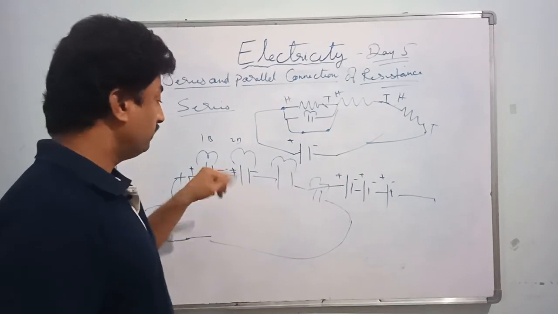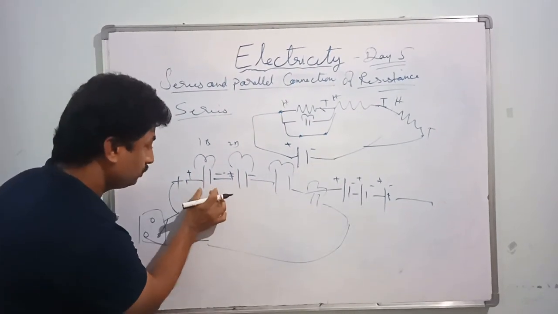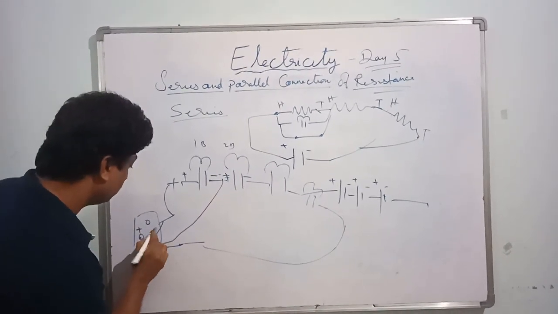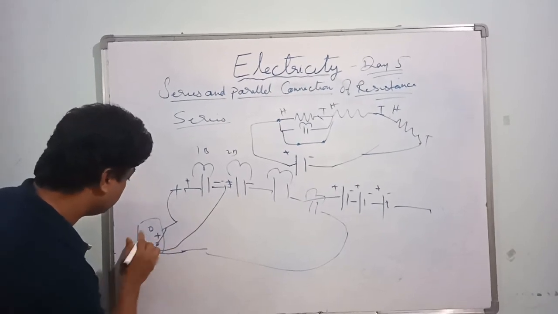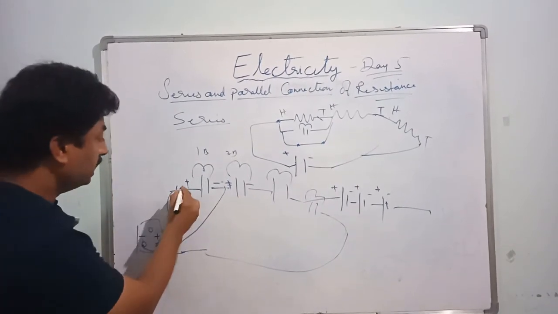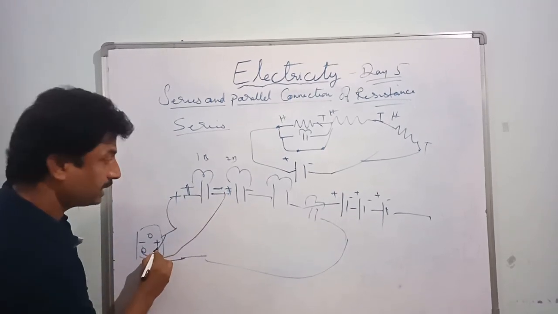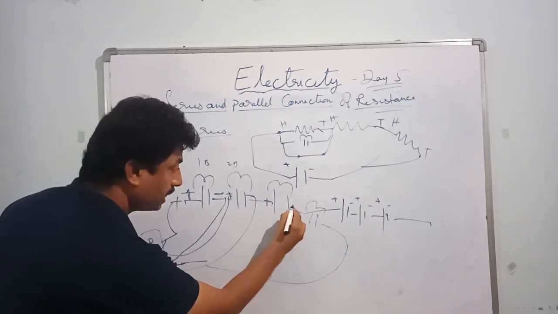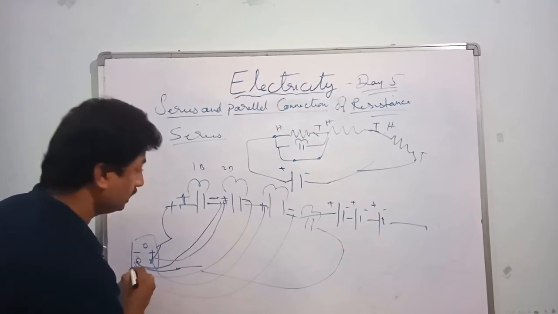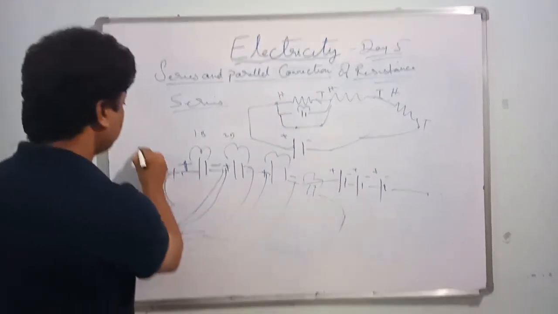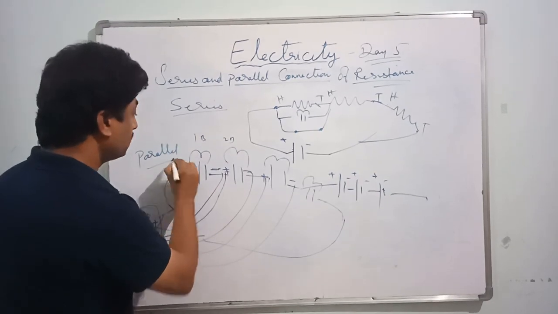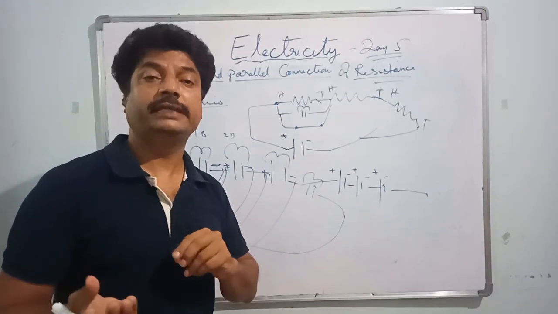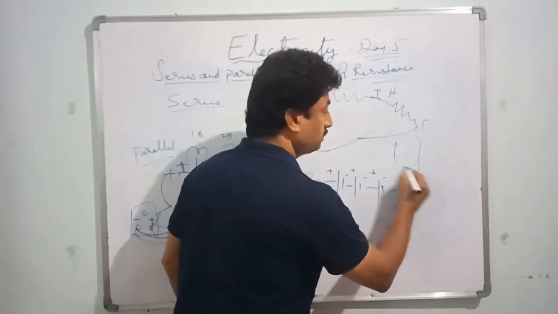Now, parallel means that to this bulb, this is positive and this is negative, and directly to this positive and this negative it is coming and connecting. If the positive and negative are directly connected over here in this way, they are connected in parallel. This is how the parallel connection will be. Like your home appliances: you take a TV, fridge, anything, they are all connected to a switch, right?